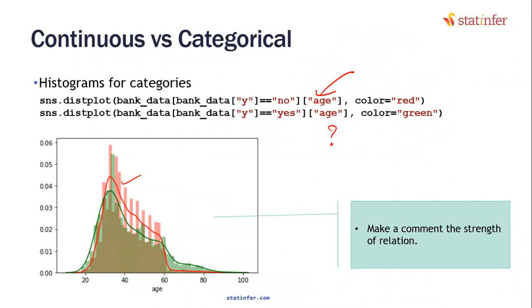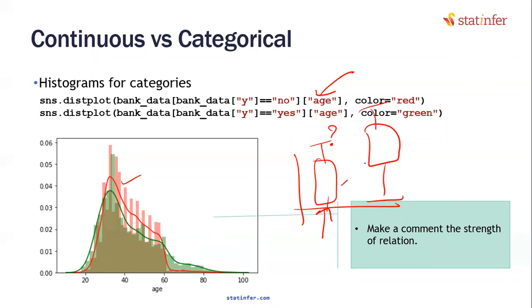Do you know, for continuous variables, is there any other method that you're very comfortable with? Box plot. Perfect. What you can do is take segment 1 here, draw the box plot for it. Take segment 2, draw the box plot for it. If you see there is a huge difference between the box plots for segment 1 and segment 2, then you can say that there is a significant difference.